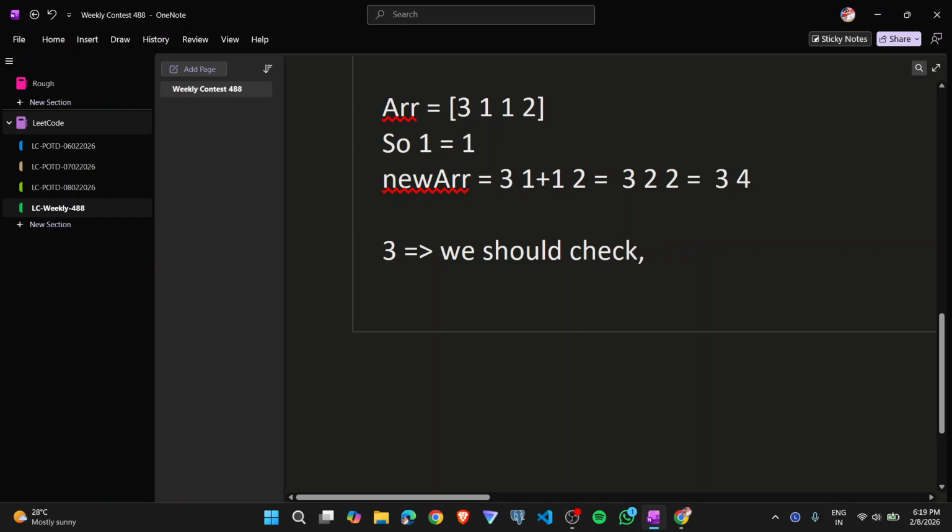We should check how many adjacent elements are the same. And if some adjacent elements are the same, then we can just merge them. Okay. So